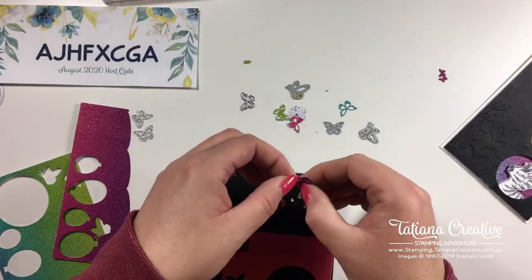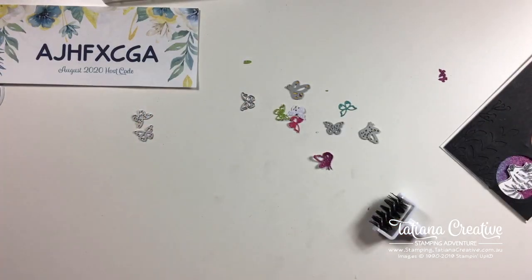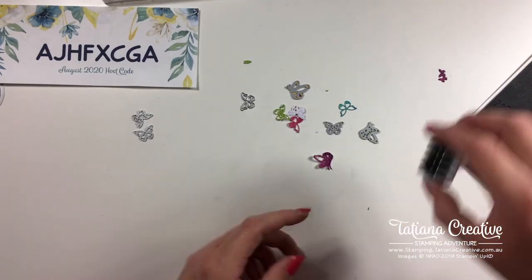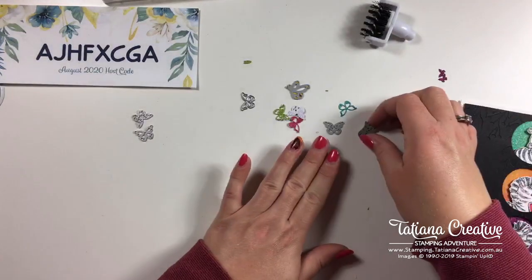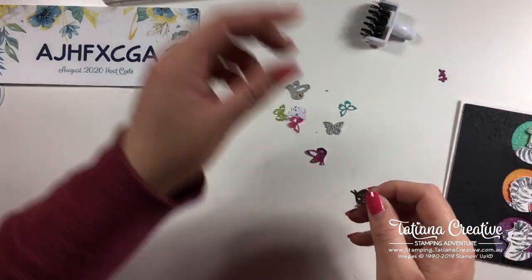How cool is this paper? And I love the butterfly dies. Did you see my project yesterday? Yes, I've got so much washi tape, retired washi tape, that I just use that, to be honest. But I will be curious about the new